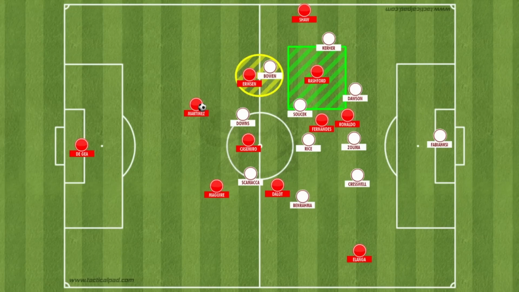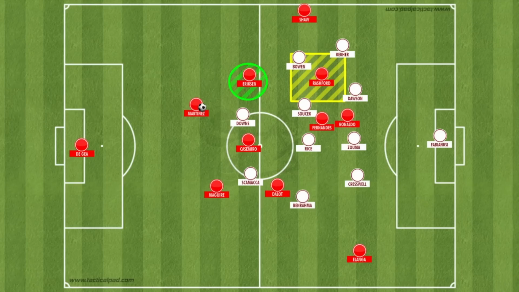I like to refer to as the quarterback position wide of Casemiro, with a third completing the triangle by sitting in the half space. The wide midfielder in West Ham's midfield 4 was reluctant to move out to Dalot or Eriksen in those quarterback positions, as this would open up space in behind them for players like Fernandes and Rashford to drop into, and so with this option always open wide of Casemiro, it was fairly simple for United to